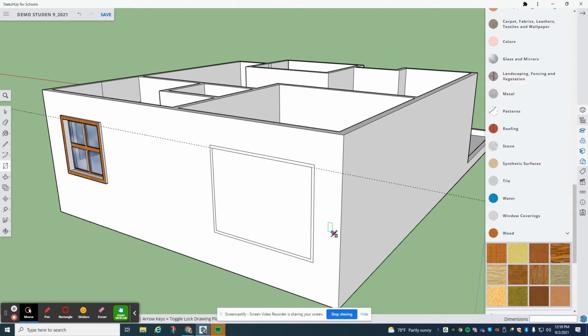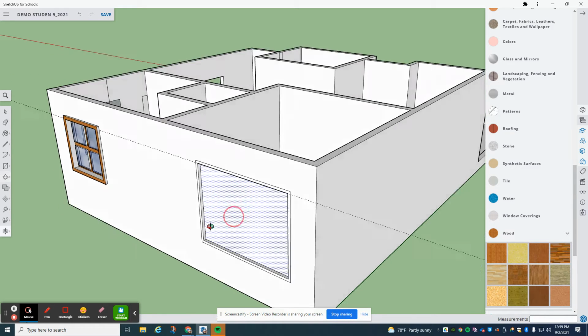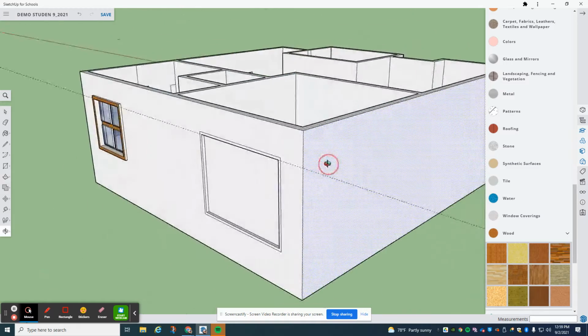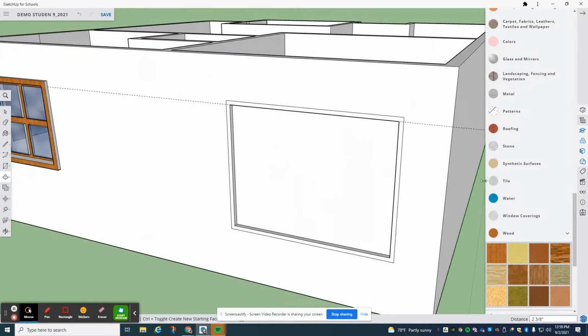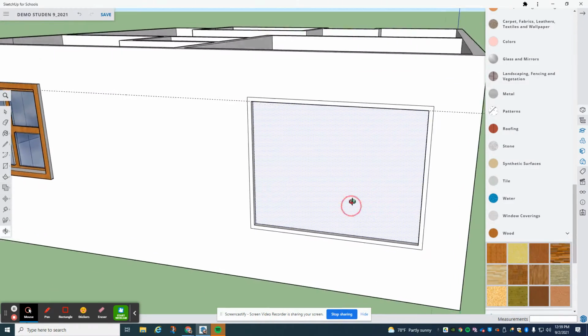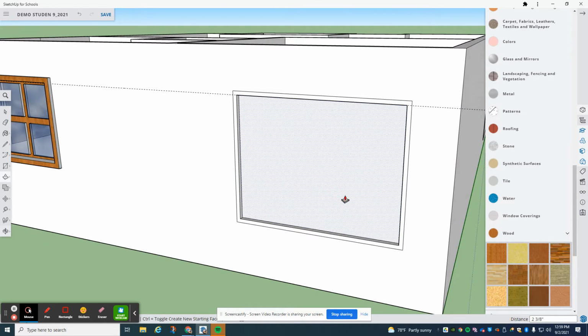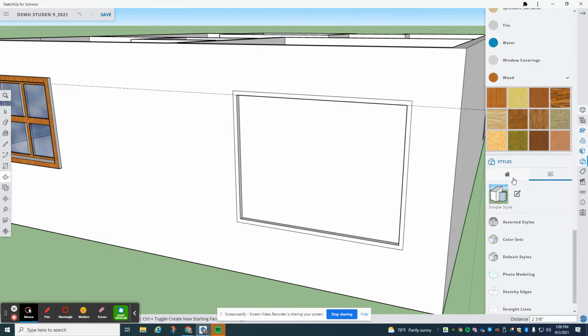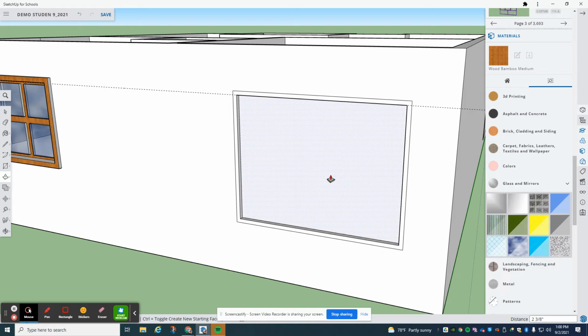And while we have this, it's very hard to move this back. So you're going to want to go ahead and hit push-pull and try to move that back. Okay, and we can offset it just a little bit back like that. Okay, now that I moved that back, I can change this, but I'm not ready to do that quite yet. If you wanted to make this glass,